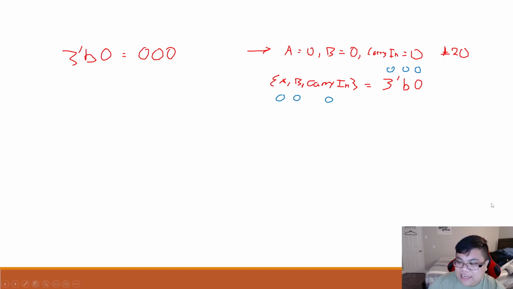And then in the very next line, I said basically the same thing. A, B, carry in. And I said, hey, set this equal to the 3-bit binary number that's equal to the decimal value of 1. So the 3-bit binary number that's equal to the decimal value of 1 is actually 0, 0, 1. So what that does is that it sets A equal to 0, B equal to 0, and carry in equal to 1. And I kept doing this, I kept incrementing this until I